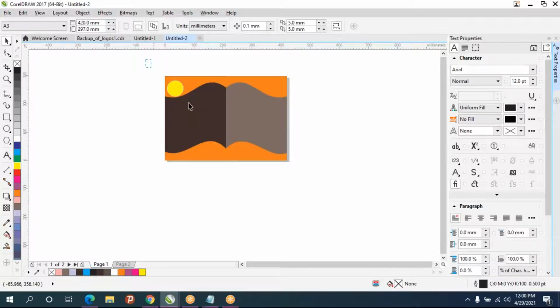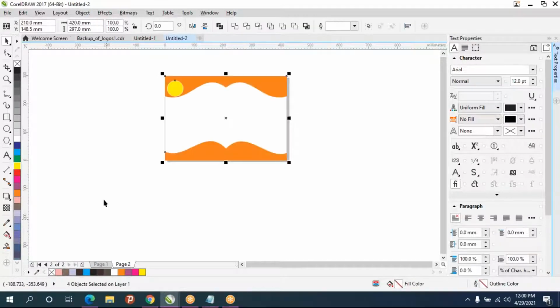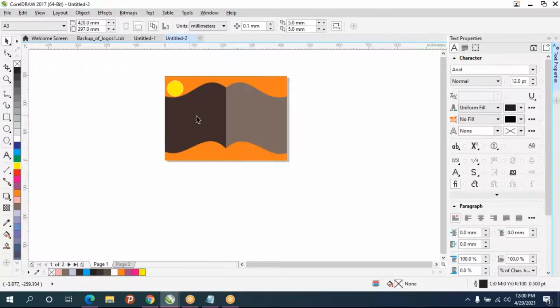So this entire thing I can do copy paste, Control C, come here and Control V. But see, only this design has come, but other things won't come because this thing is locked. We have locked it, so that's why it is not coming.